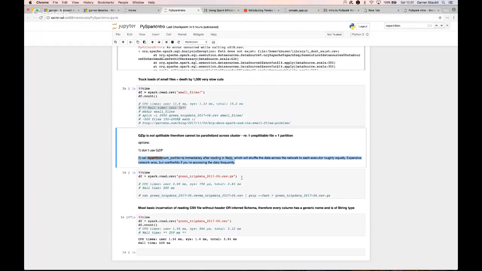If you run it normally, Spark is going to just read in the one file, and it's going to take a long time. And you're going to have to suck up that cost. That's just part of life. You have this gzip file, it's going to be slow to read in. But you can then do a repartition on the resulting data frame, which will then shuffle the data across the network to each executor,